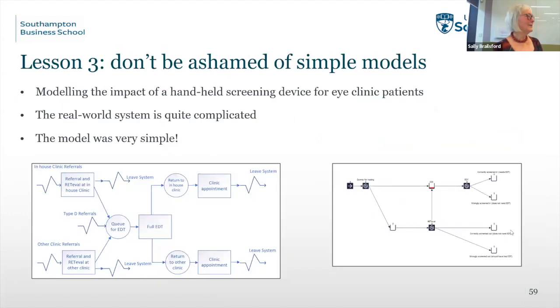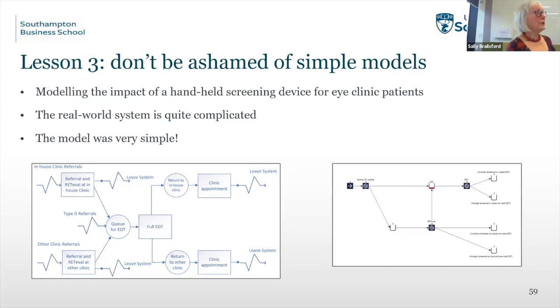The third one is one for Stefan. This is a live project. Well, it's not fairly live. It's a handheld device that could be used to screen out patients needing to attend an eye clinic. At the moment, they have this thing called EDT, which I can't remember what it stands for, but it's a bottleneck in the system, basically, because these patients have to